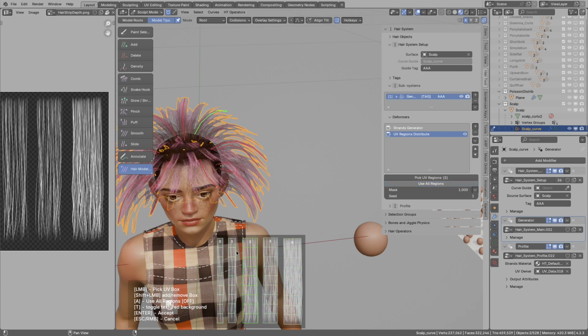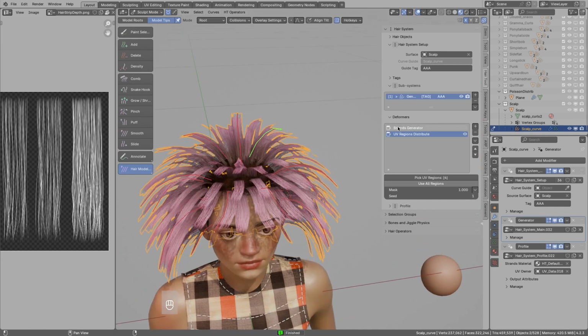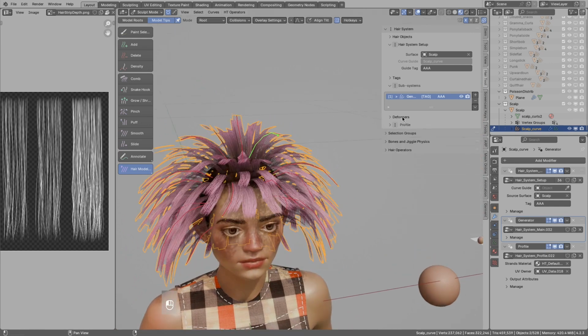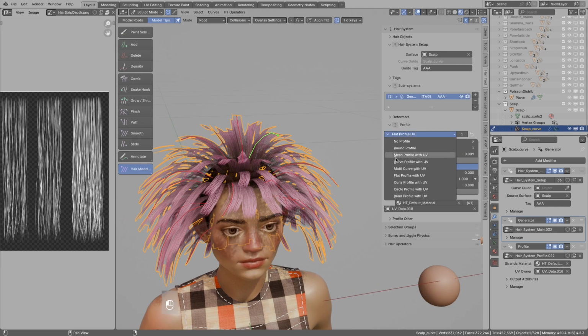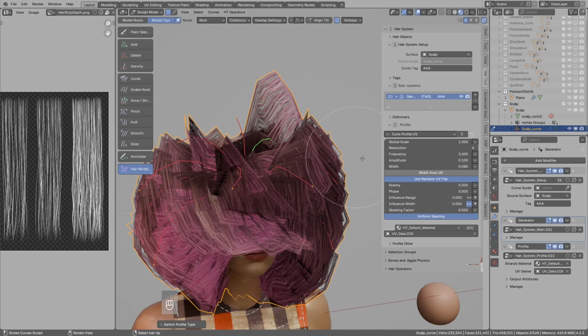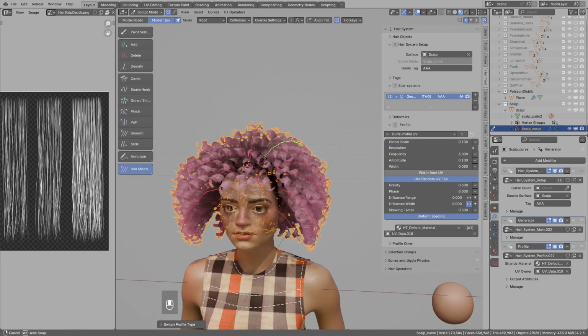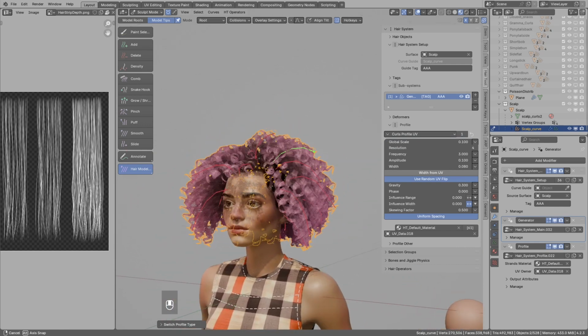So you can pick any of those, or shift click to select multiple ones, but in my case I will just pick the last one, enter to save. And now we have slightly denser texture. I will now change profile type from flat to curly profiles, and this is now way too big. So if this is too big, first parameter to change is global size. I want to make it smaller, 10 times. And let's say it looks good enough.